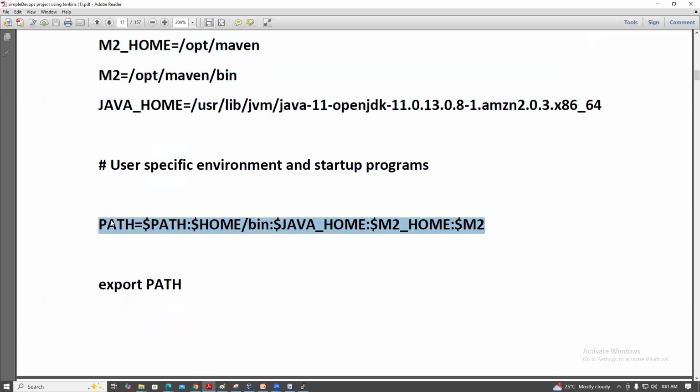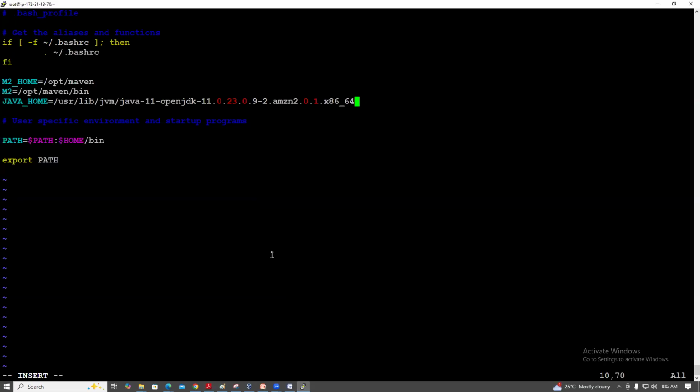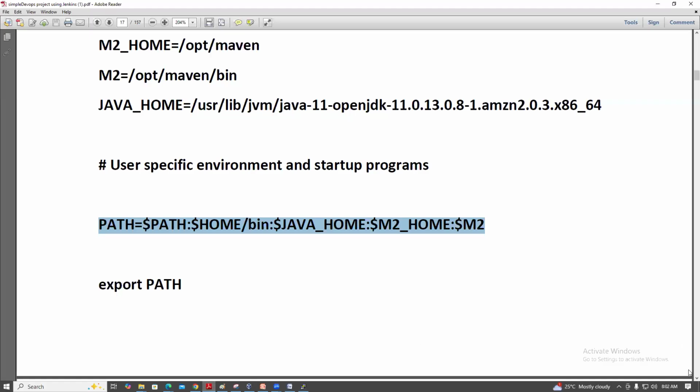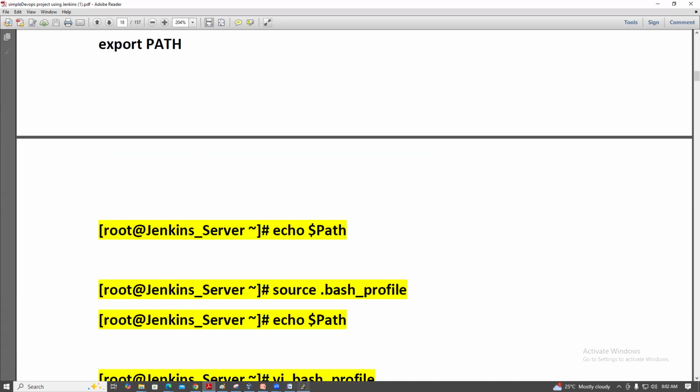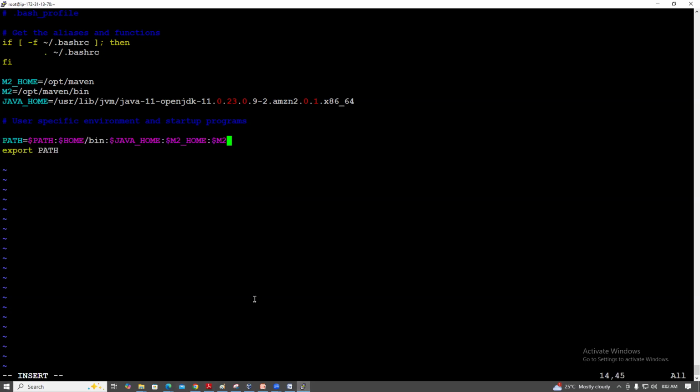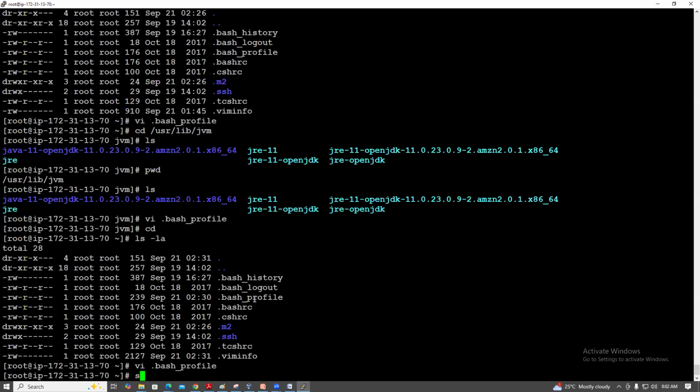This is the path we need to provide, so copy the path. Escape, I'm deleting this row. Yeah, I'm adding the path. Okay, so once this is done,